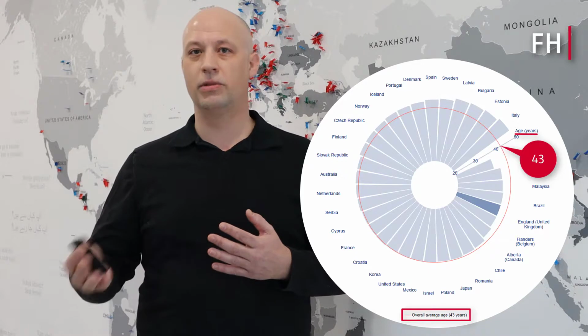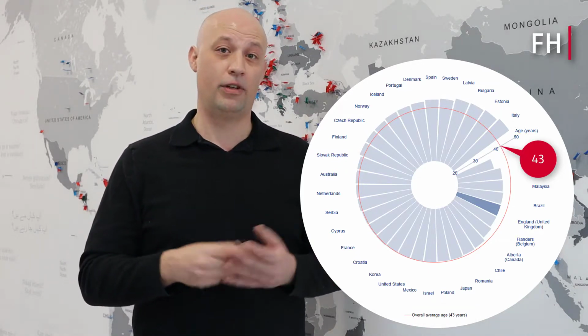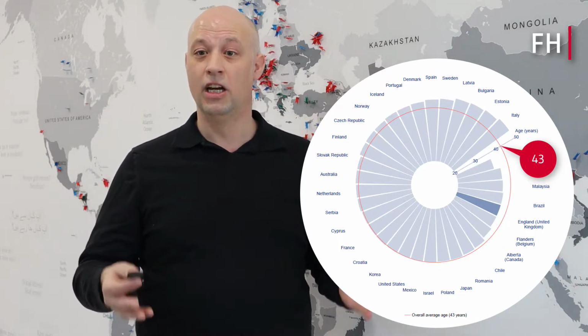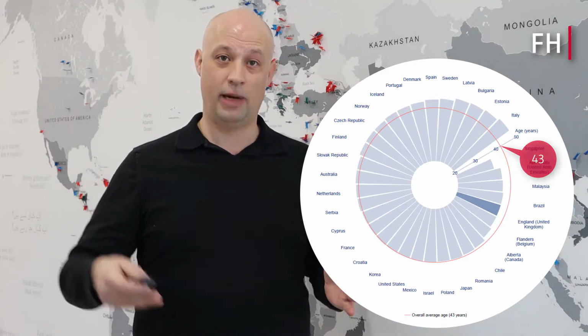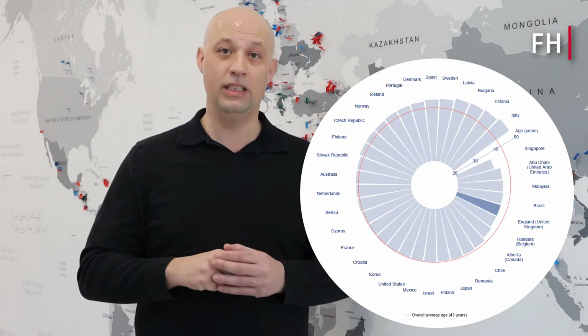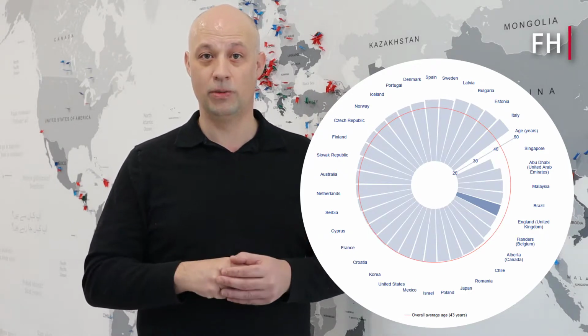I teach at university, but the students are between 19 and 23. If you think about high school students, they're probably aged between 14 and 18. So we have a disconnect here. If we have a 43-year-old average age teacher and a maximum 19-year-old student, there's still 24 years between them.